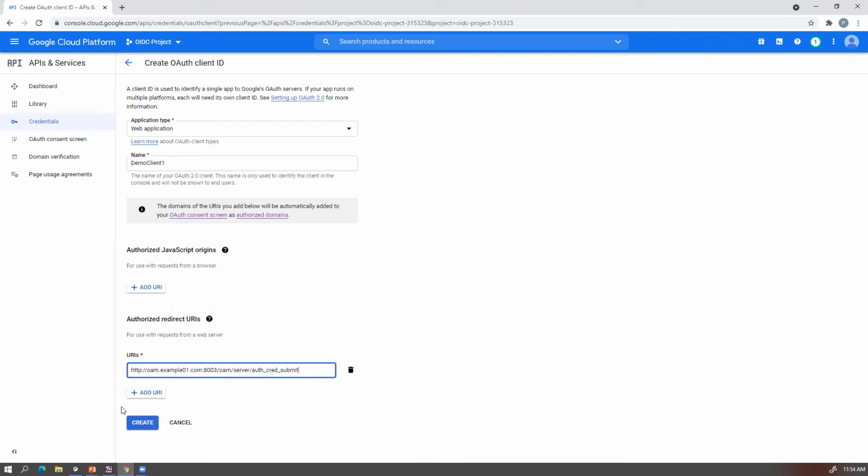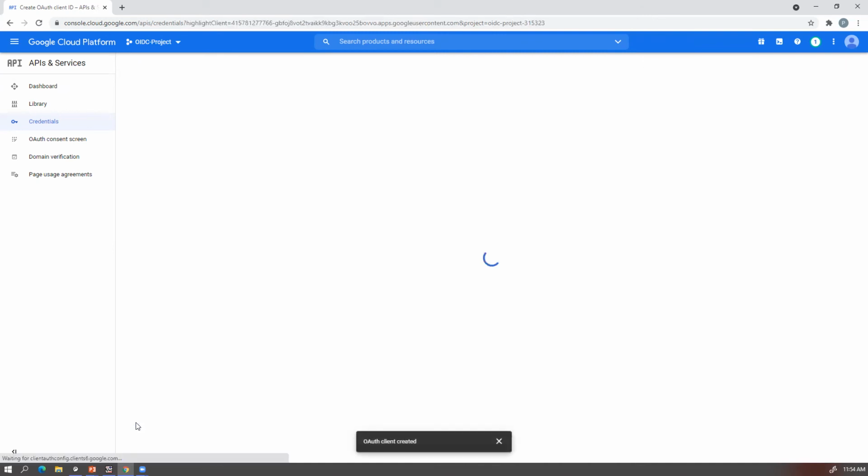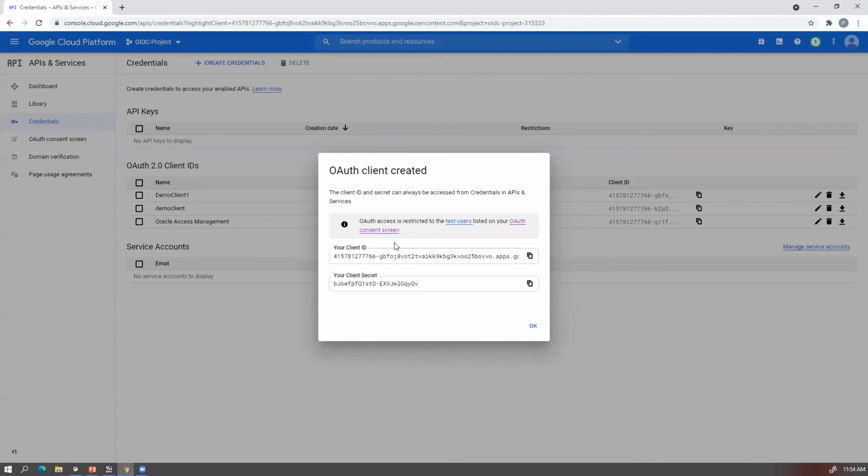And then you say create. Basically, it creates a client, which I'm not using here, but you see that it creates a client ID and the client secret.